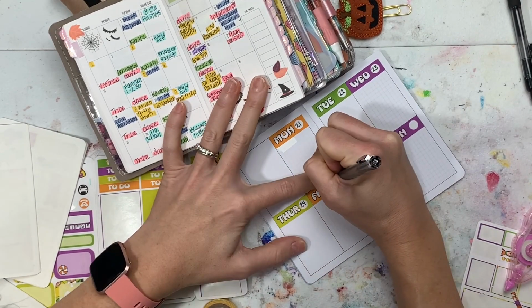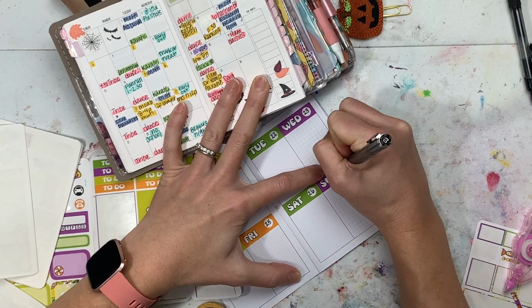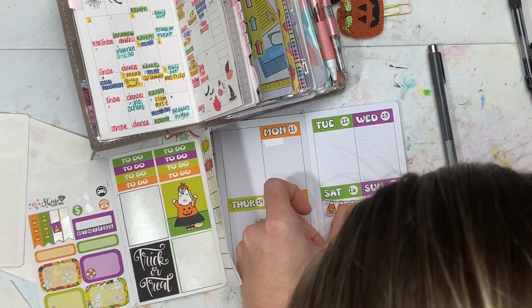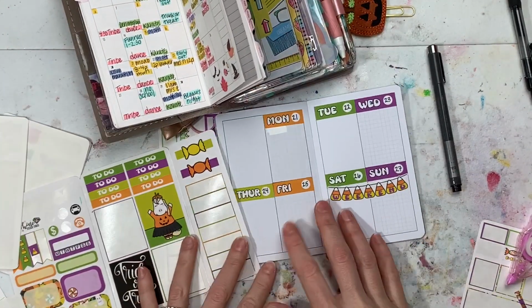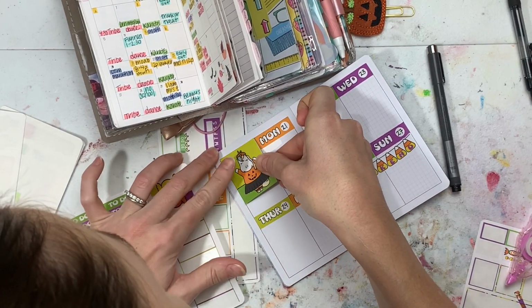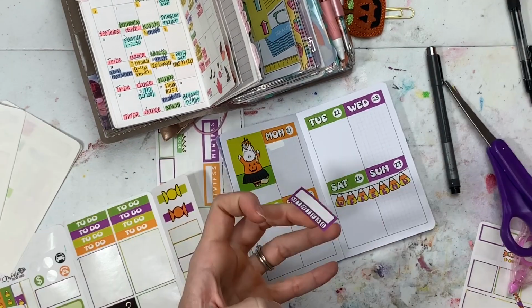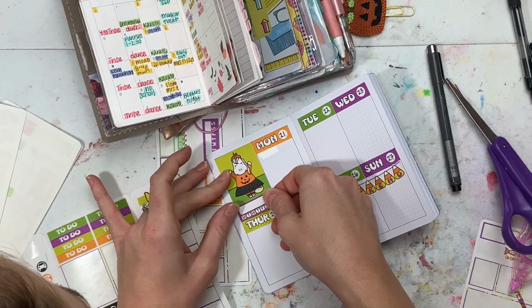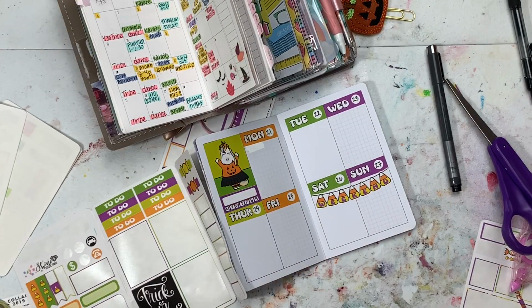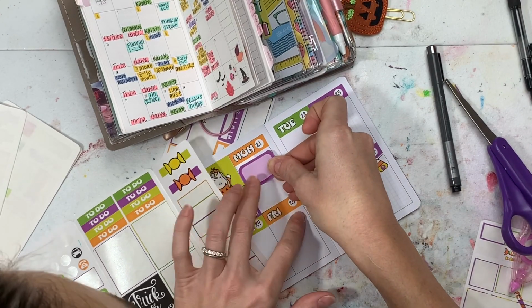And then I'm just writing in the dates, and I just decided to use a Micron pen, which, beware, did bleed through this paper. So I'll have to glue the next week to the back of this week just so that it didn't bleed through. Whatever. And then I'm using the deco sticker up in the corner, and the habit tracker. I had to skim the slightest bit off each side of the habit tracker, and then it fit right there. And then I'm using the half boxes